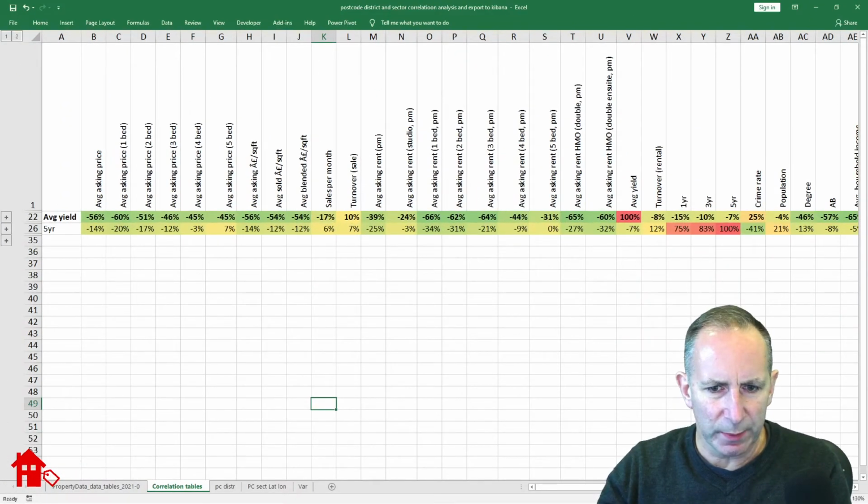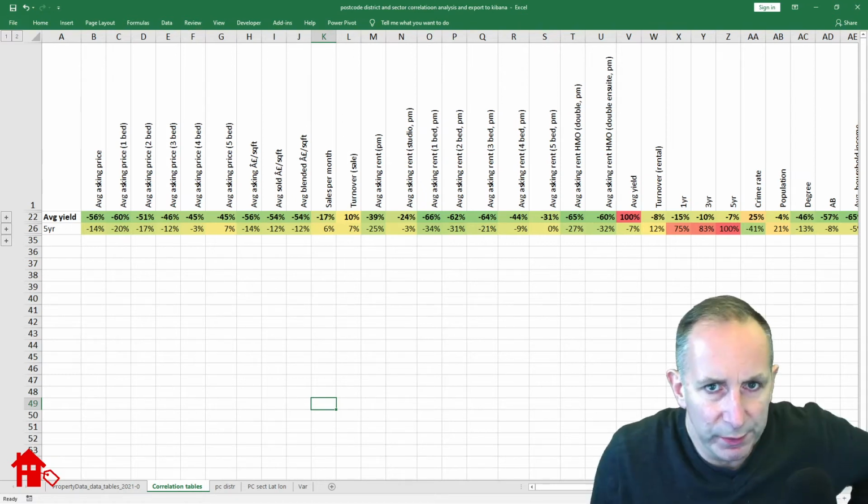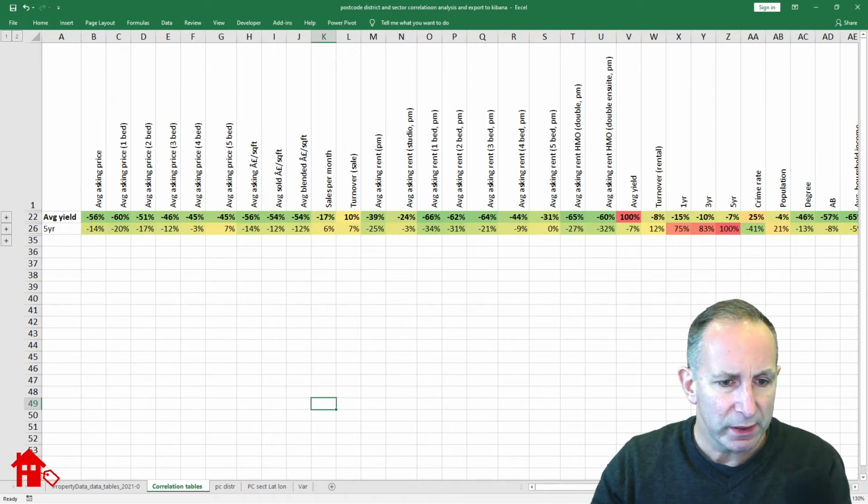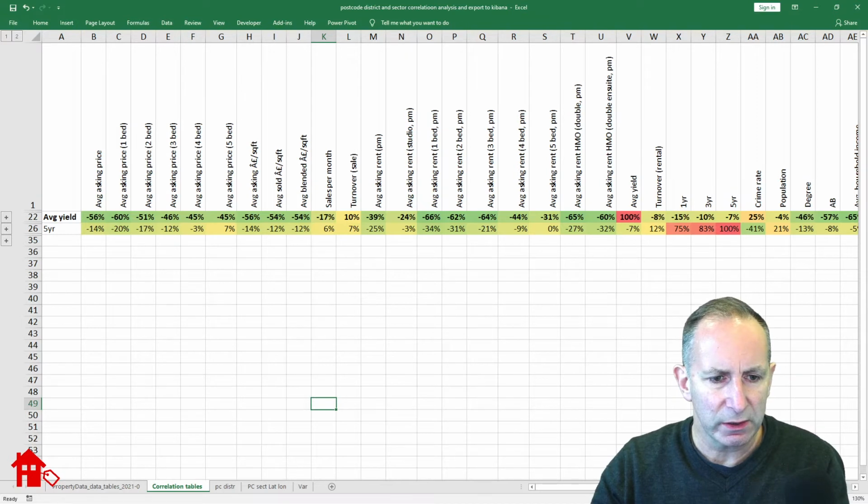I'm not going to dwell upon too many of the signals. You can download this spreadsheet and have a look at it in your own time and dwell upon the correlations that you think are most interesting. But the ones that I think are worth looking at, bear in mind the framework here is correlations, postcode district correlations. So what I've done is